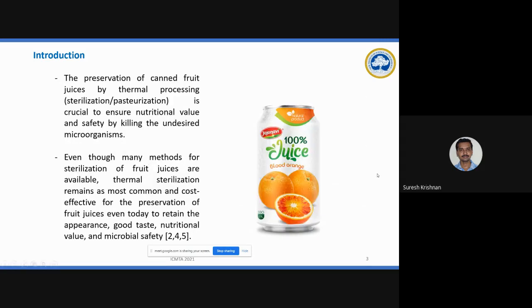So the fruit juices first we have to sterilize, and also you have to ensure that the nutritive value is not depleted during the sterilization process. If you overcook the fruit juices during sterilization, the nutritive value will be lost. If you sterilize for a lesser time, the microorganisms are still alive, and that will destroy the entire food system. So the crucial point is the time required to reduce the initial microorganism concentration by 10 log fold. That is very important, and we have to estimate it by using computational fluid dynamics.